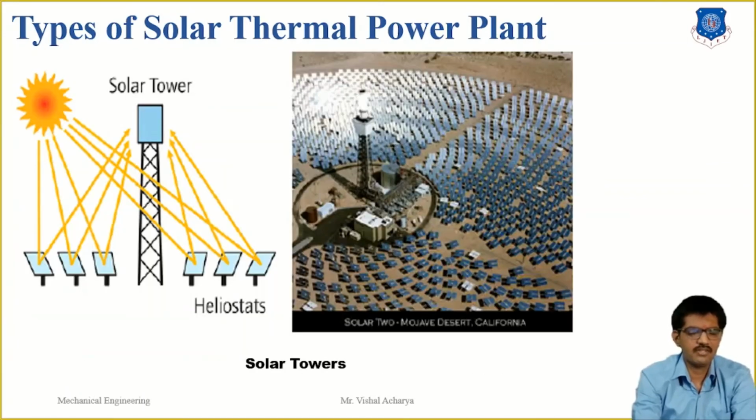In the power tower concentrating solar power system, a large number of flat sun-tracking mirrors known as heliostats focus the sunlight onto a receiver at the top of a tall tower. A heat transfer fluid heated in the receiver is used to heat a working fluid, which in turn is used in a conventional turbine generator to produce electricity.